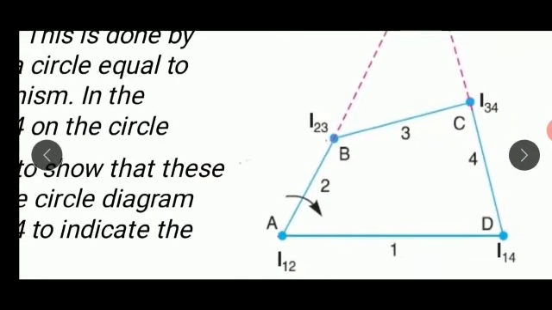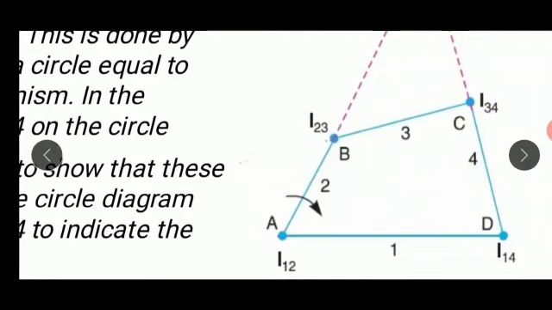The instantaneous center of link 4 and link 1 is I14. Now we have located 4 instantaneous centers. Instantaneous centers I12 and I14 are fixed because link 1 is fixed. Instantaneous centers I23 and I34 are permanent because these are going to be permanent